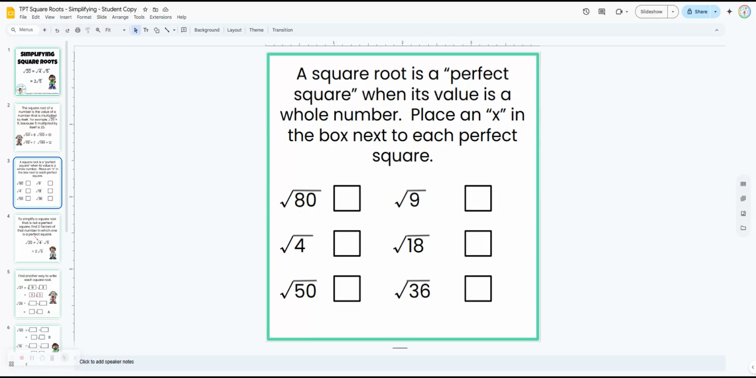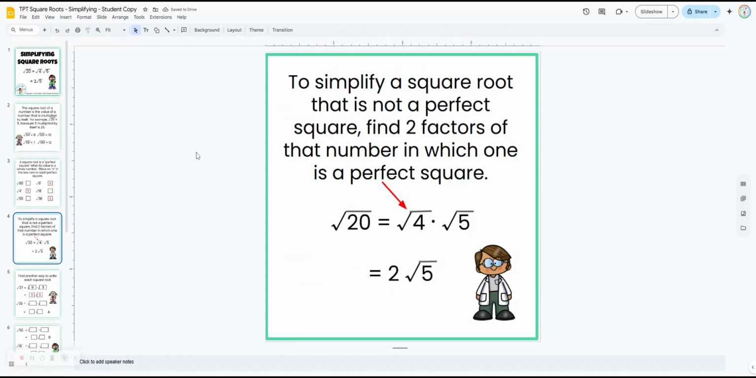So a perfect square is a square root that has a whole number solution. So students are to place an X in the box next to any perfect squares. So the square root of 4 would be a perfect square because that would equal 2. Square root of 9 and square root of 36. Those are perfect squares. So to simplify a square root that's not a perfect square, students need to find two